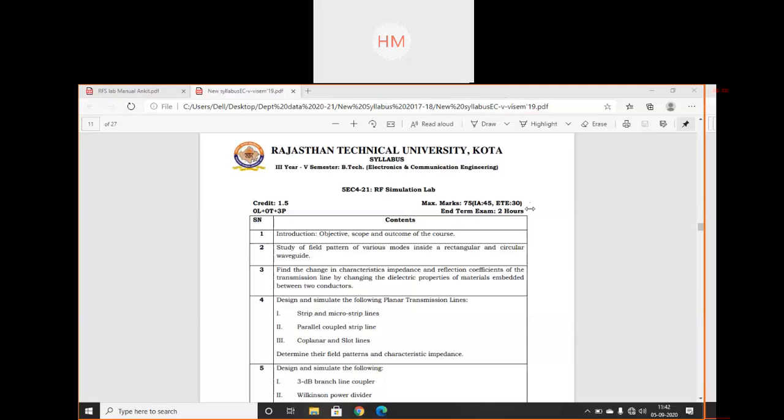So next experiment is your change in characteristic impedance and reflection coefficient of the transmission line. What is transmission line, student? Who can answer?